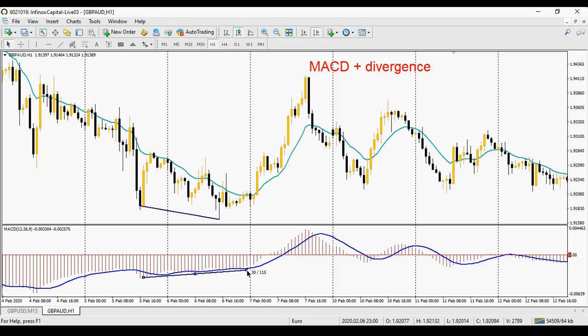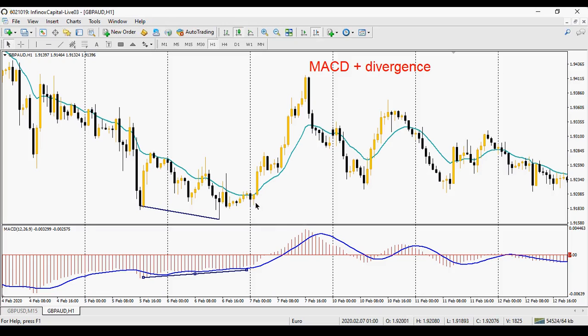There was another divergence right here, and here was a clean divergence. Price crossed up. This could have been an entry for you. This could also have been an entry, because price went up, came back, went up, came back again, then gave you these two